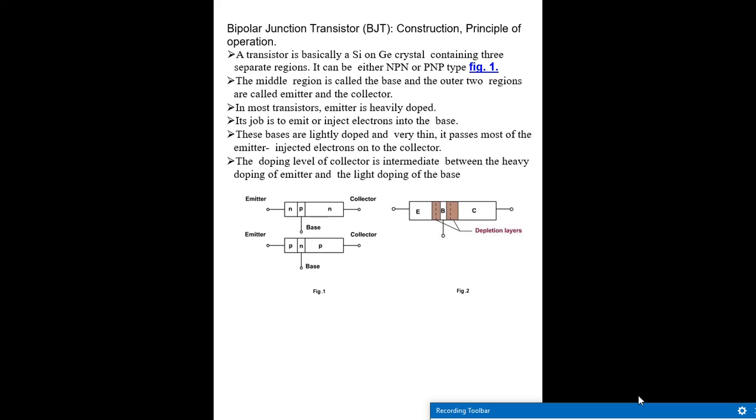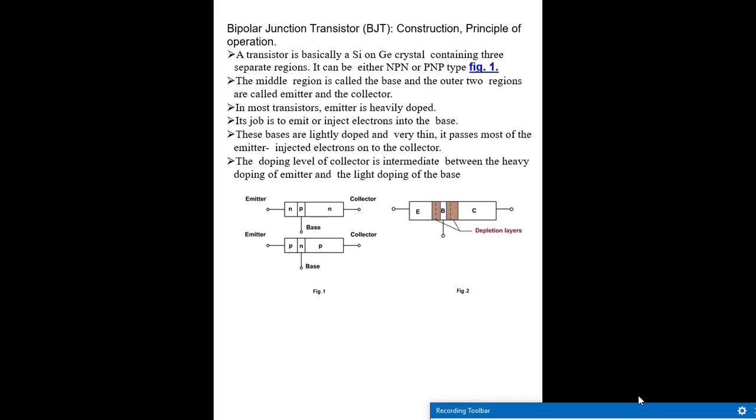If it is with respect to the area, collector area is more than the emitter area, which is more than the base area. So, number of charge carriers: emitter greater than collector greater than base. And as far as the physical area, collector is greater than emitter, which is greater than the base. But most often, this is what a simple BJT construction is.